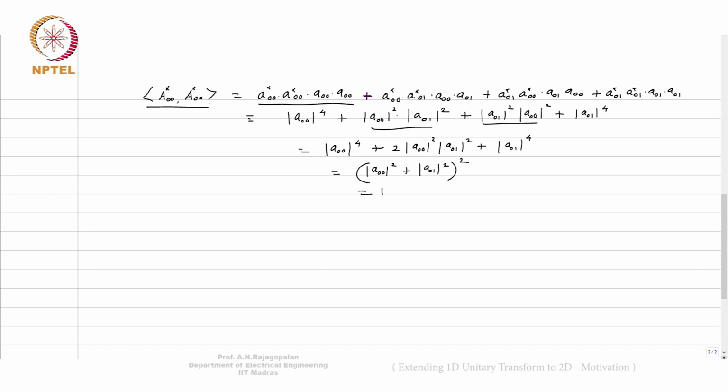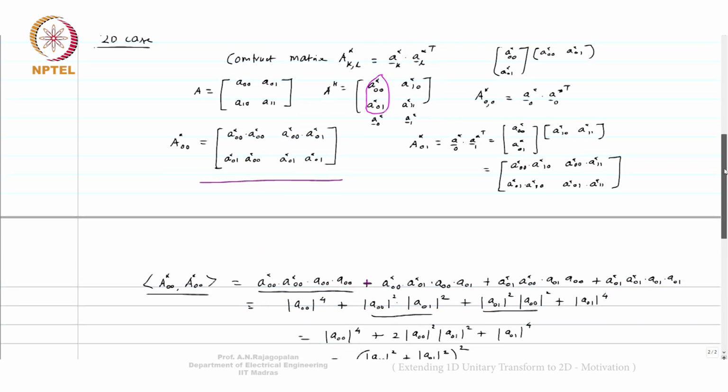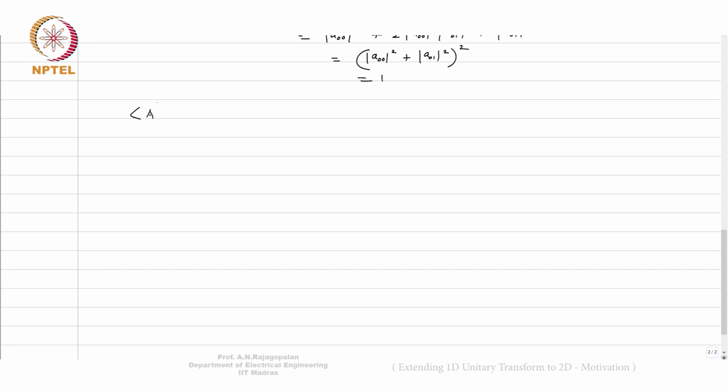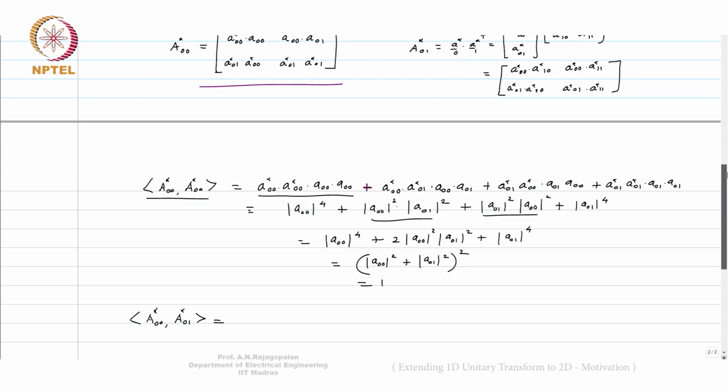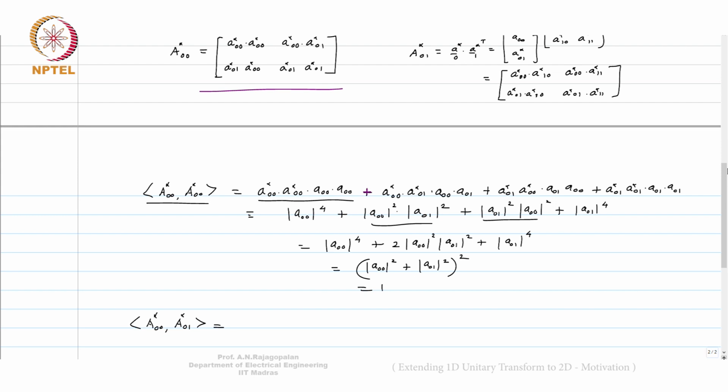What about the inner product of, let's say, what was the other matrix that we wrote down there? Some 1 0, 0 1. Okay, so let's look at A star 0 0 with A star 0 1. If we had to look at what this would give, let's just go back to that. Okay, we are right there. So what will that entail now? A 0 0 star into A 0 1 star. So A 0 1 is here, so that's A 0 0 into A 1 0 plus A star 0 0,